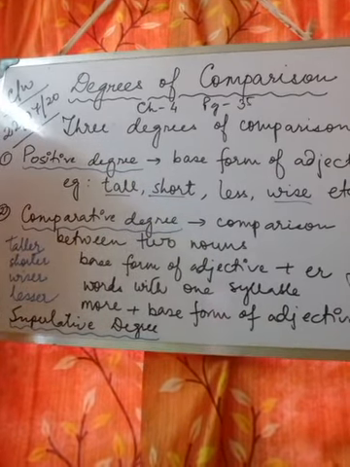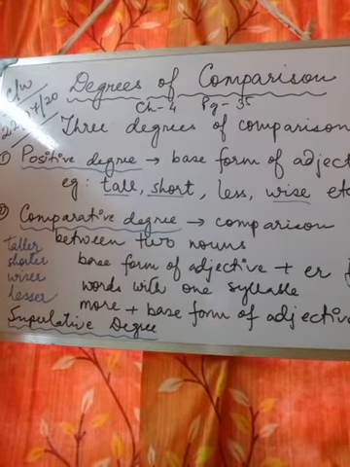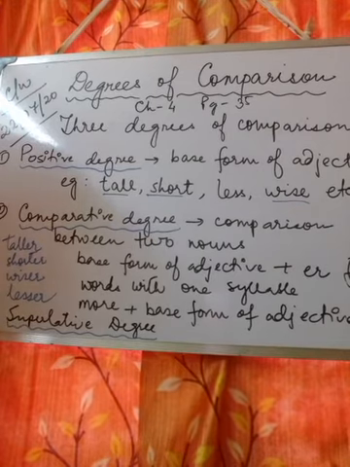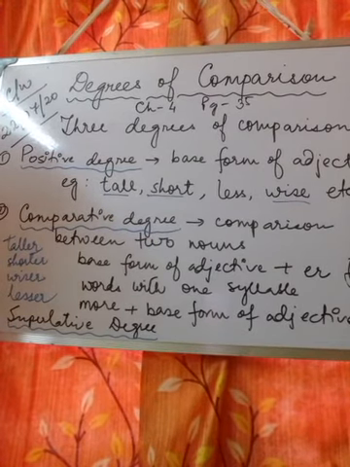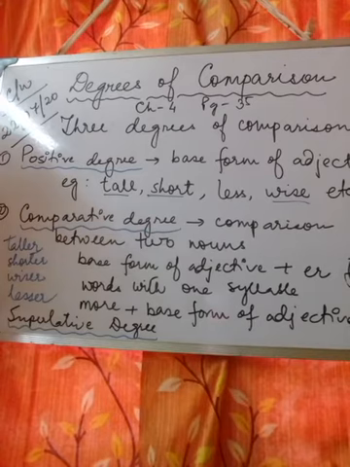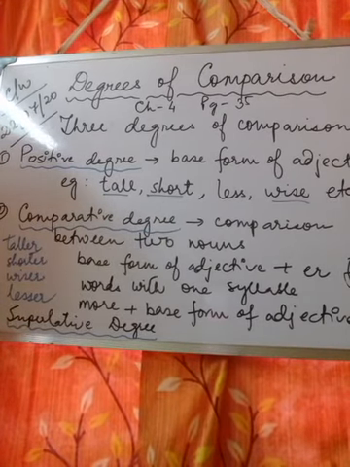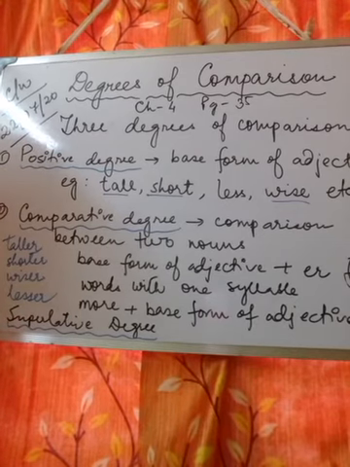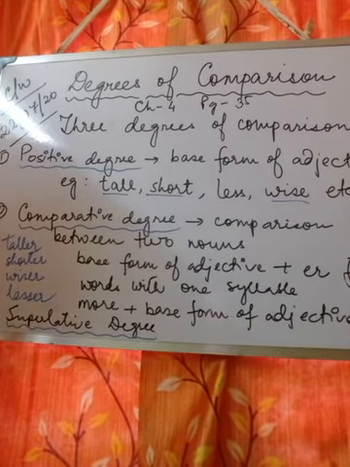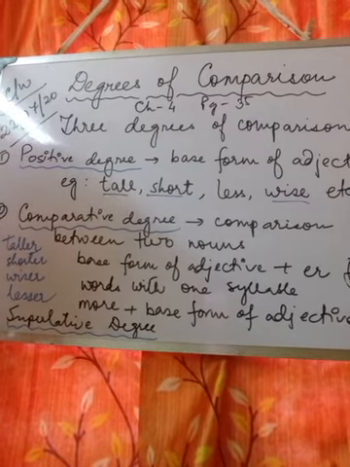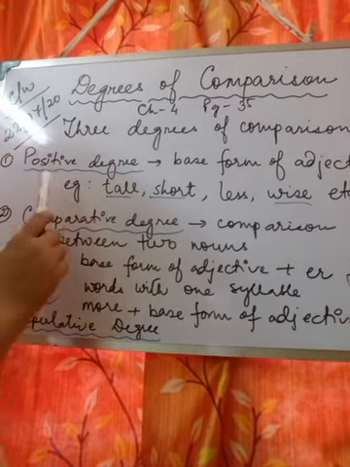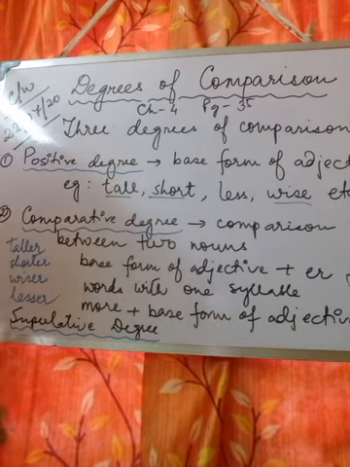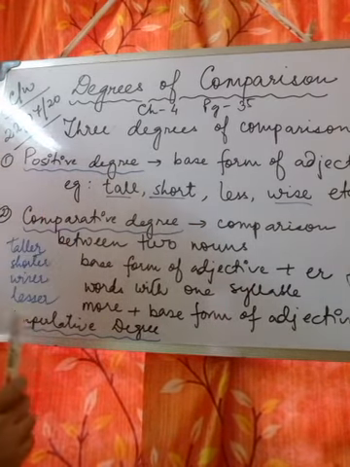Now an adjective can be used to express or state the quality of a noun in its base form. It may also be used to compare the quality or quantity of two nouns, or the quality and quantity of one noun with the rest of the members of the same class. These are broadly divided into positive, comparative and superlative.